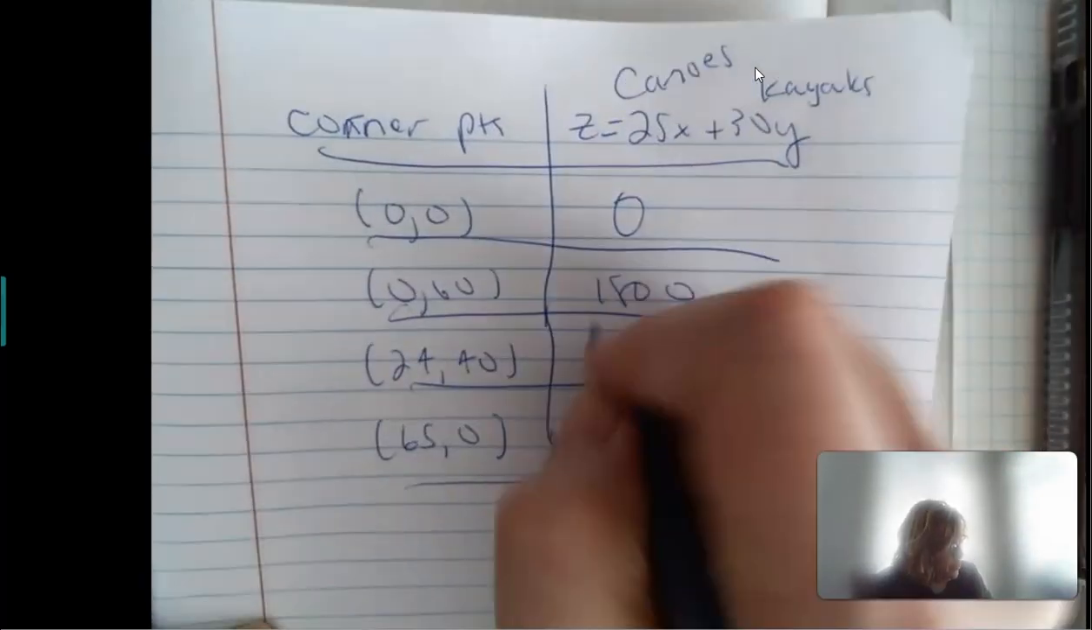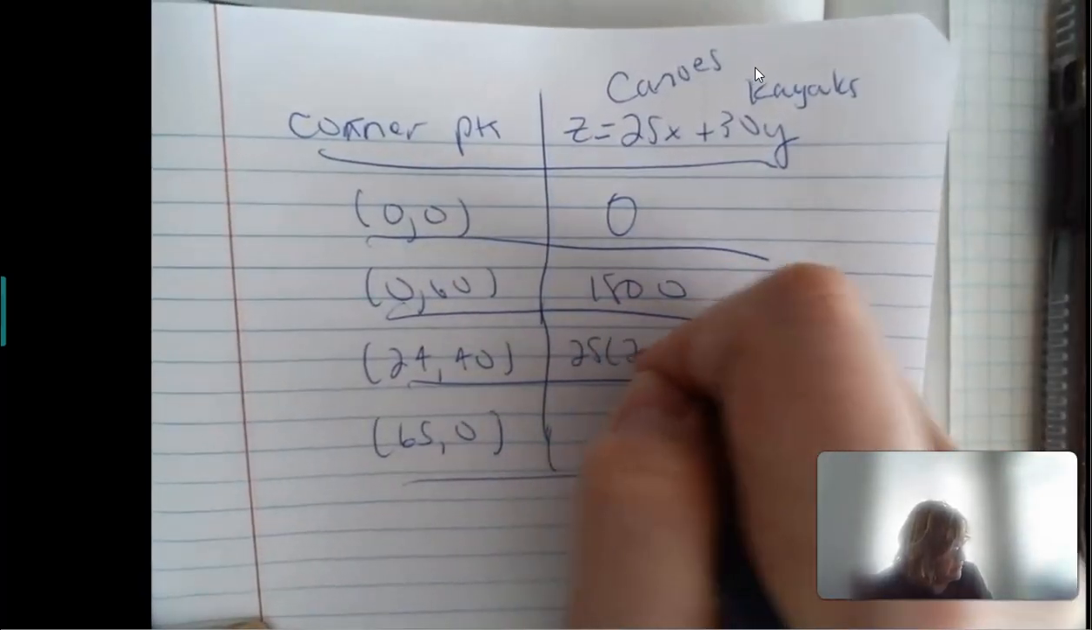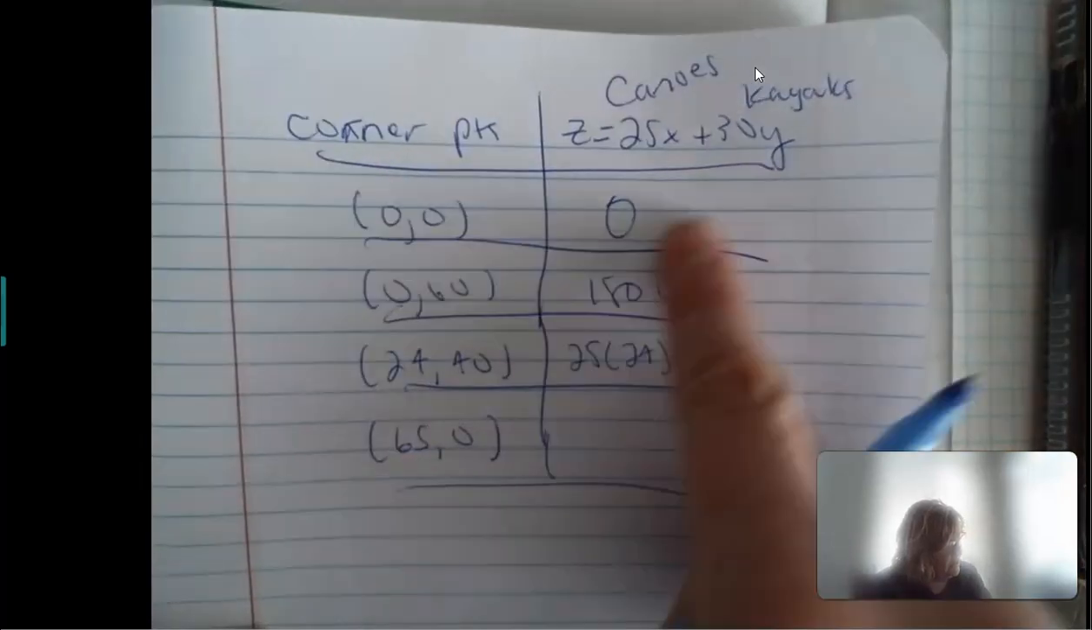If you do 24 times x, I got a doggy here I have to let out, and then 40 for